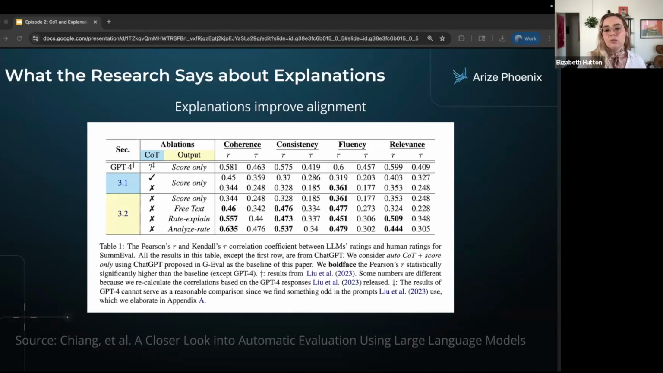So then I had this question: okay, we want to produce explanations, we know that improves results, but does the order matter? Does it matter if you produce the explanation first and then the score, or the score and then the explanation? There's only one paper I know of that has systematically compared these two prompting conditions, and the results were pretty surprising. I kind of expected that producing the explanation first and then the score would be significantly better than the other way around. But interestingly enough,